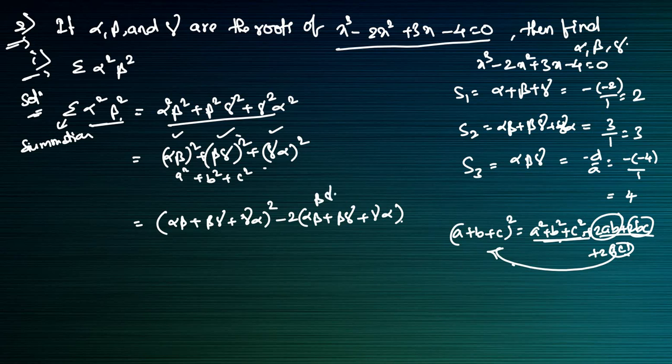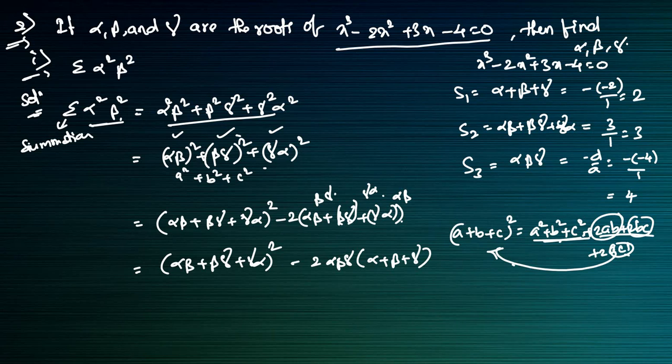So a into b, then beta gamma into bc, c is equal to gamma alpha, so gamma alpha into alpha beta will come here. We can write it as (alpha beta plus beta gamma plus gamma alpha) whole square minus 2 into, we will take alpha beta gamma common from everything, so it will become alpha plus beta plus gamma. If you multiply this out, alpha beta, beta gamma like this, the common term remains.